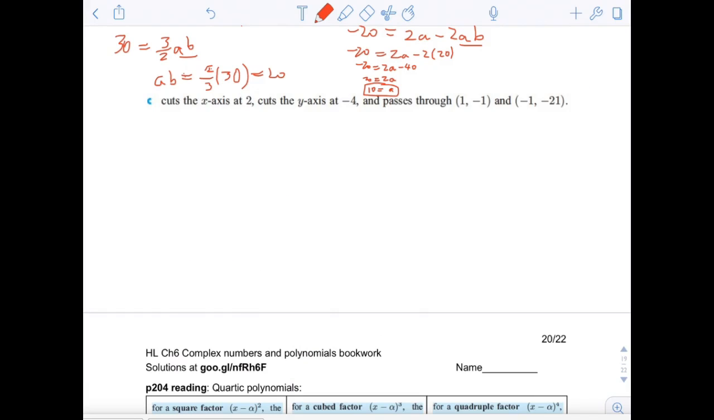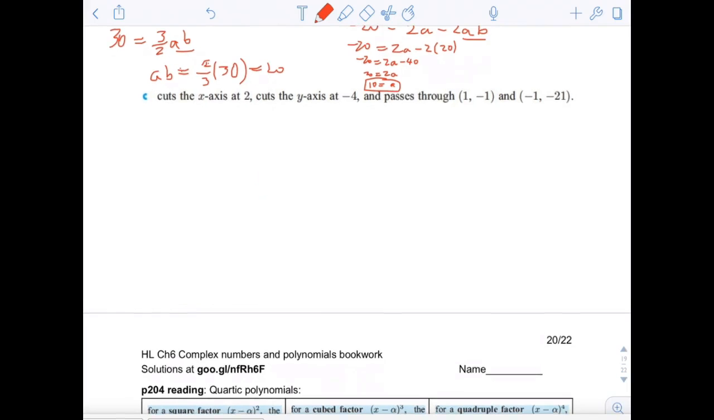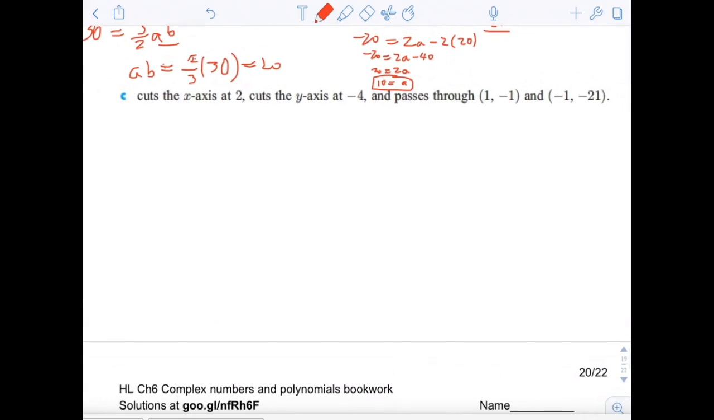So the last one, we're looking for a cubic which cuts the x-axis at 2. So it has (x - 2), cuts the y-axis at -4, which means it's got a coordinate of (0, -4), passes through (1, -1), and (-1, -21). So here we got two roots that we don't know what they are yet. Okay, and if we set